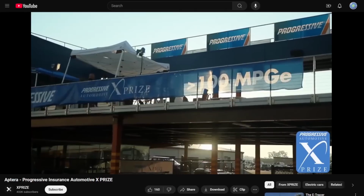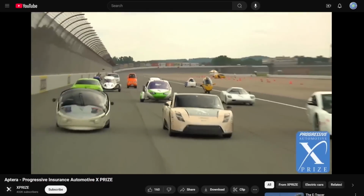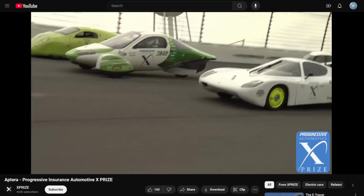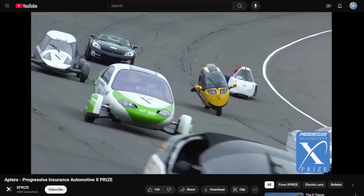The Automotive X Prize has had a huge impact on our company and our business plan. And knowing that we're competing against other teams, it's raised our game. The competition is forcing us to be more creative and innovative in the way that we think. And honestly, I think the best thing that the X Prize competition has done for Aptera is to make us